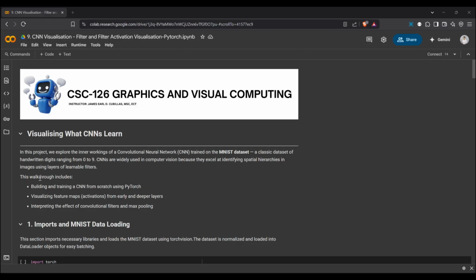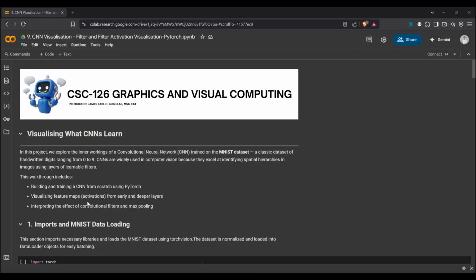This walkthrough includes building and training a CNN from scratch using PyTorch, visualizing feature maps or the activations from early and deeper layers, and interpreting the effect of convolutional filters and max pooling.